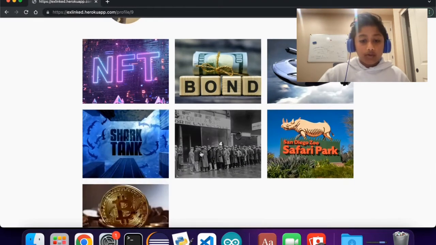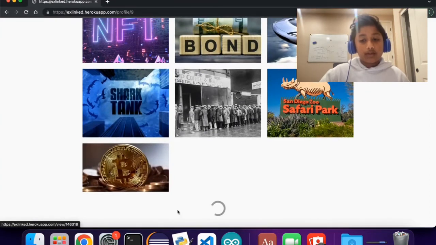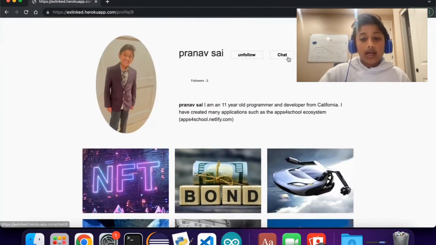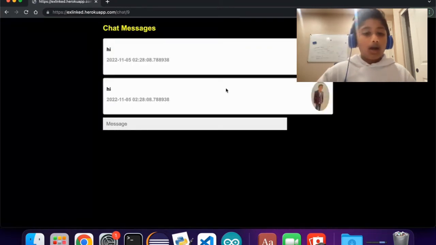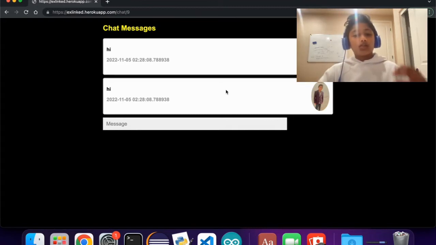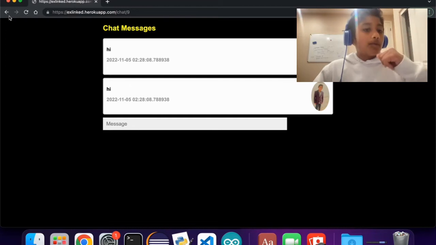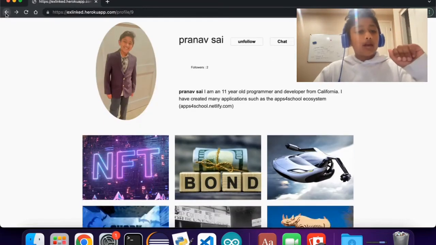Here you can see some articles that they posted, right? So these are all the articles that they posted, and also there's this chat button. If they followed you and you followed them, you can chat. Basically, this is myself, so technically we've already followed each other, so I can chat with myself. Probably not the most useful, but if I go back